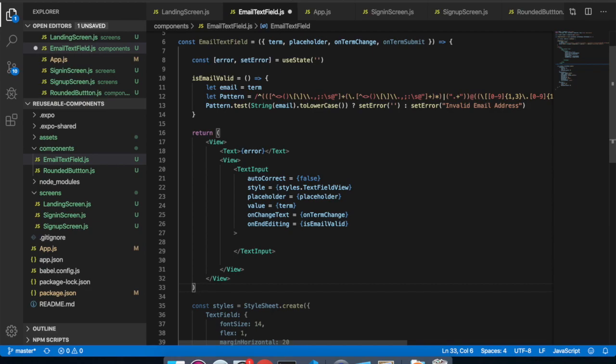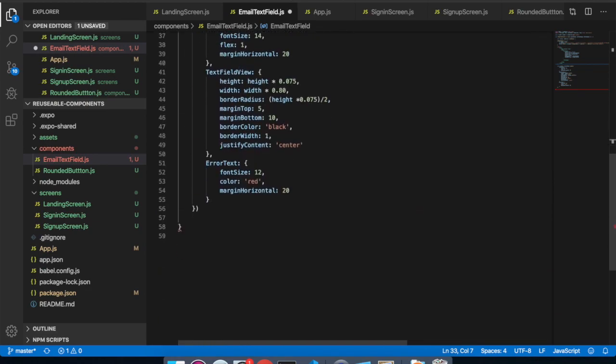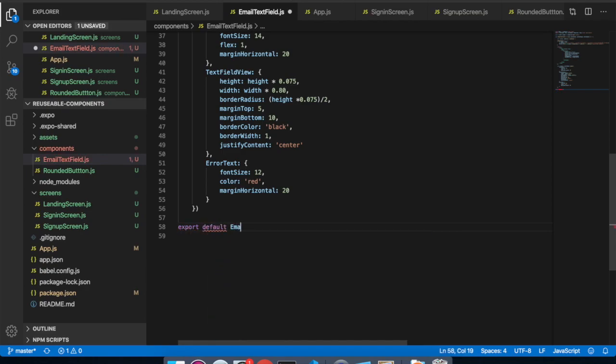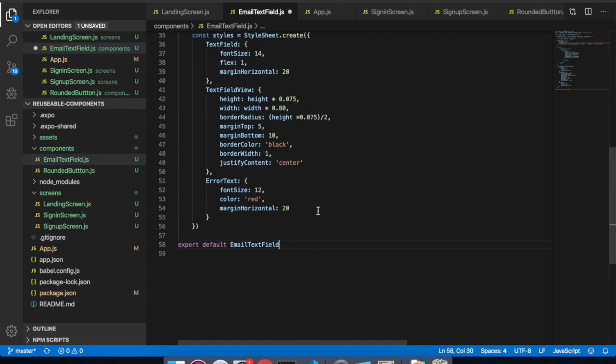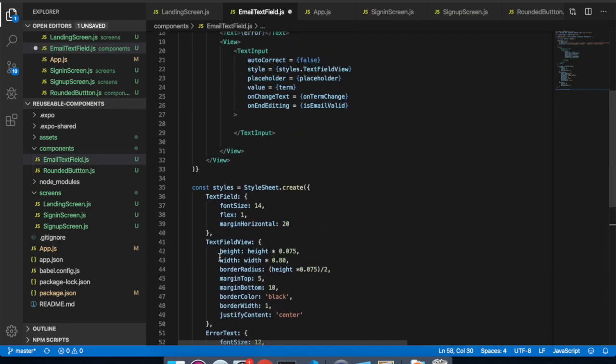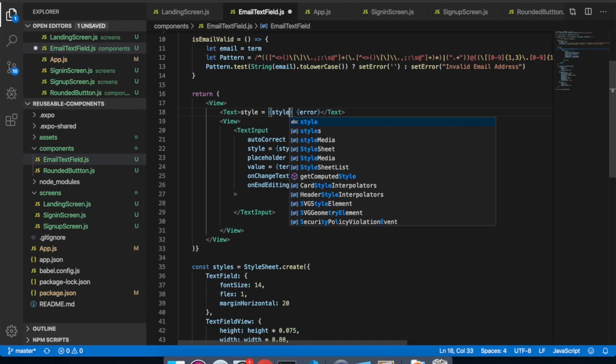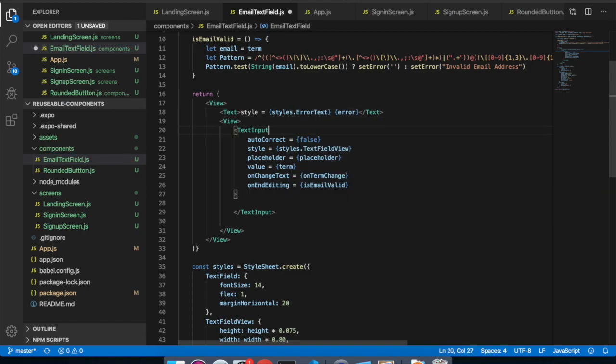I think this should be here, and remove this extra. Now add export default email text field. Now add all these styles into our text and views. So for text we have style equals styles dot error text, and